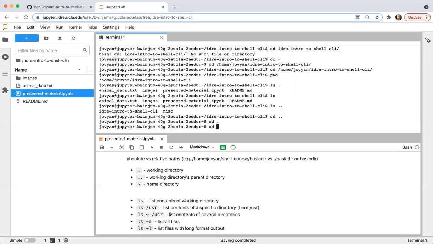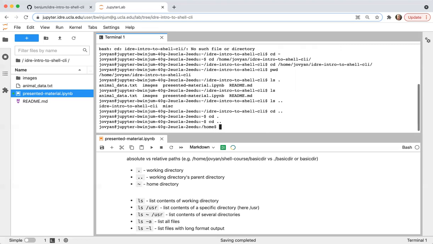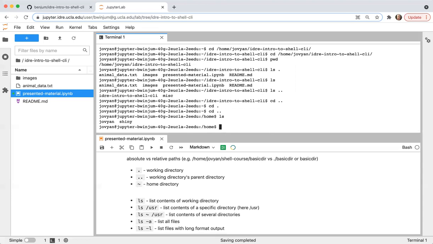Even inside of my home directory, I can change up to the parent directory. So now my path is not my home directory. I've changed directory up to the parent directory, and now I'm inside of just home itself. So when I type ls, this will show me the folders of, in this case, a user, and there's another folder here called Shiny, which, if you're familiar with R, the system is set up to use Shiny.